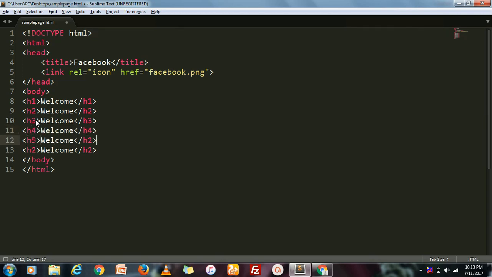Next H5, H6. The font size of the H6 is 12 pixels and the font size of H1 is 24 pixels and the font size of H5 is 14 pixels. The font size of H4 is 18 pixels. The font size of H3 is 20 pixels. The font size of H2 is